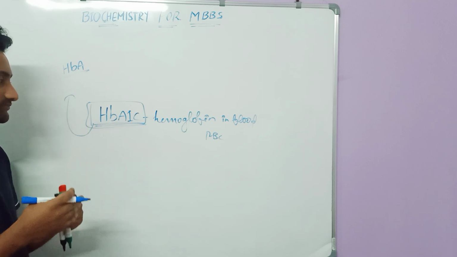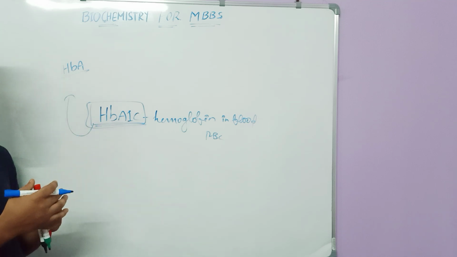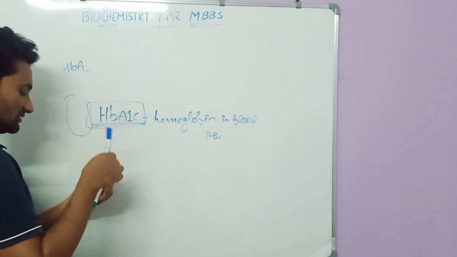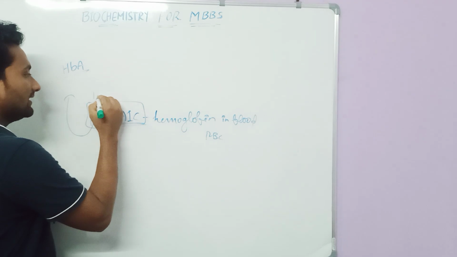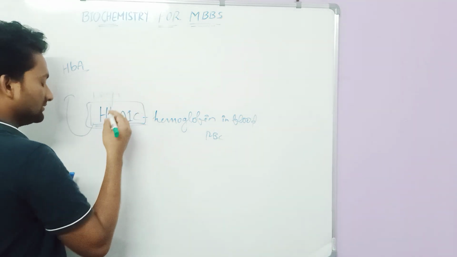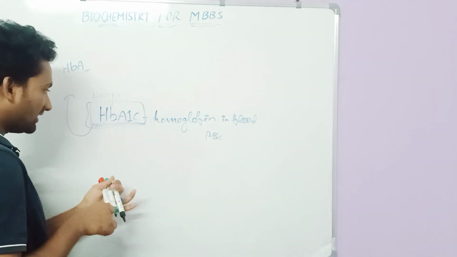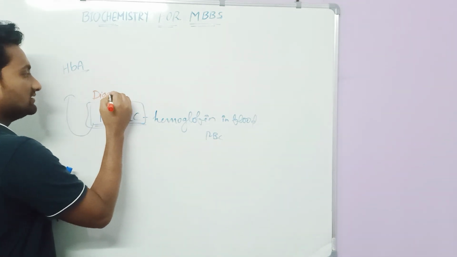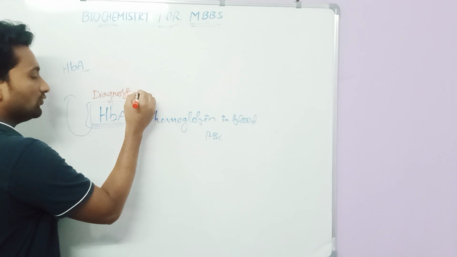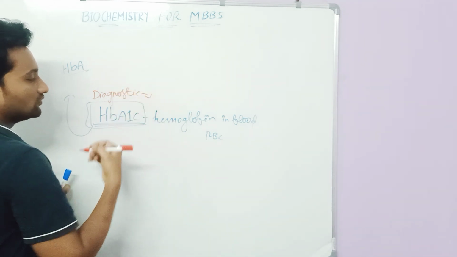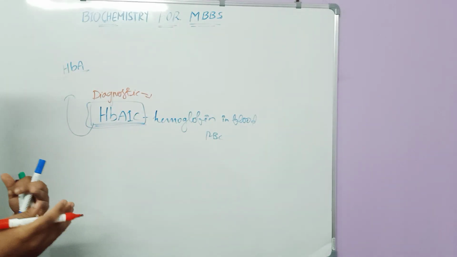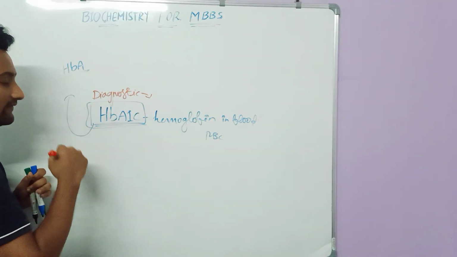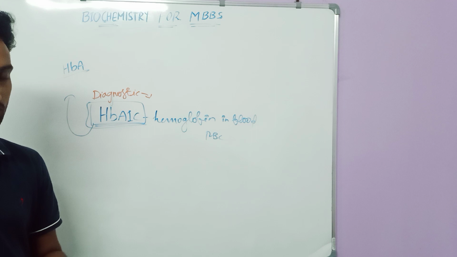Now what is the importance of this HbA1c in the blood, we will see now. So HbA1c is a diagnostic test which we use to advise the person having diabetes. We have other diagnostic tests also